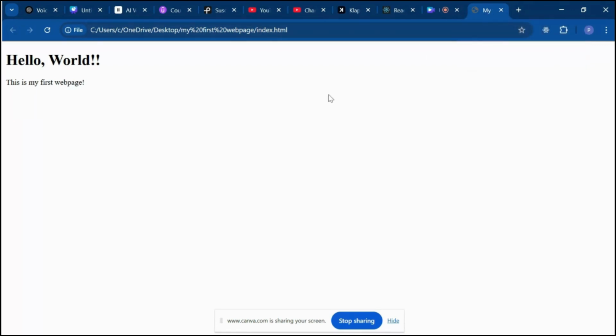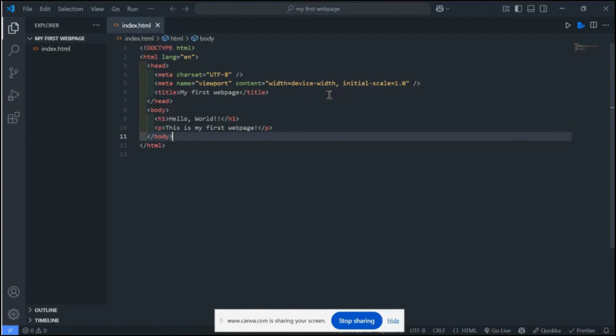This is a very simple code that I wanted to show you, and the small cheat that we normally use in VS Code, which is just writing the exclamation sign, and it's going to give you the HTML structure. Then you see the head and then the body. The contents of the web page are always done in the body, and you can also change the title of your web page in the title tag that you see over here.